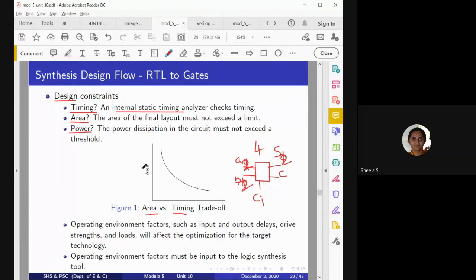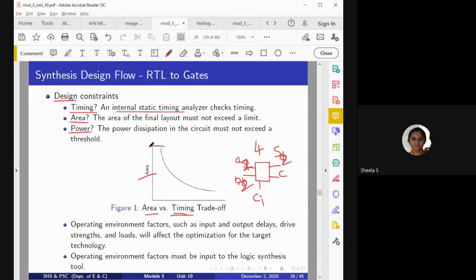But the vendor has to select what type of constraint he should consider, whether a larger area or a larger time. And again, it depends. We cannot completely consider more area, and also we cannot completely consider very less timing. There will be around 50-50 we have to balance out, so that it meets the area constraint to 50% extent, and similarly with respect to time. That is known as optimizing the trade-off when we consider area versus time.